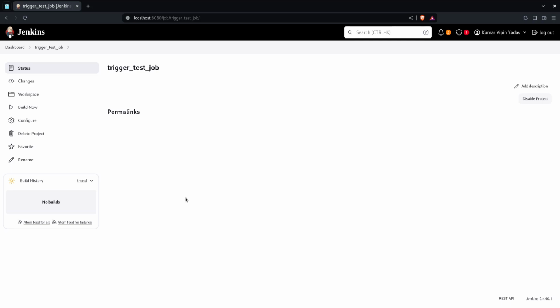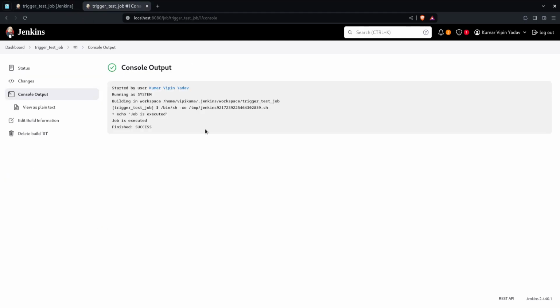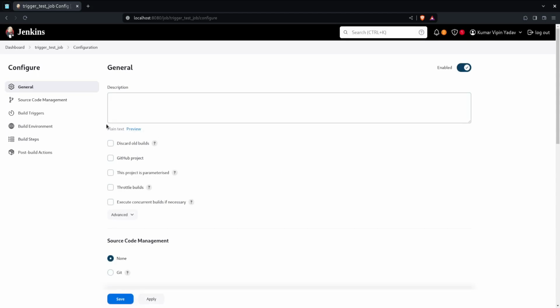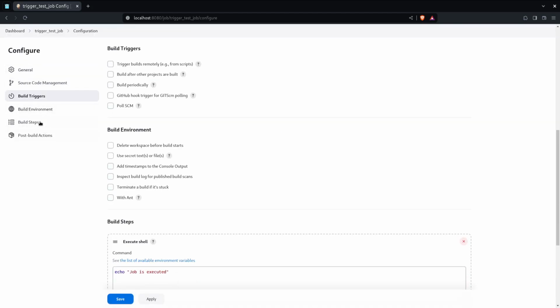So let's execute the job once just to make sure that it's working fine. Checking the console, and yeah, it's working. So now let's get back to adding the triggers. Again, we have to go back to the job configuration, and either we can click directly on build triggers or